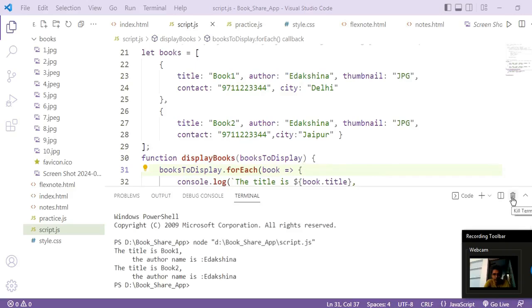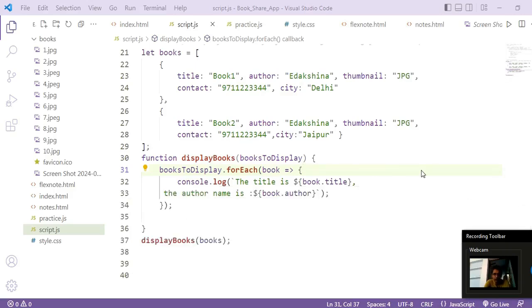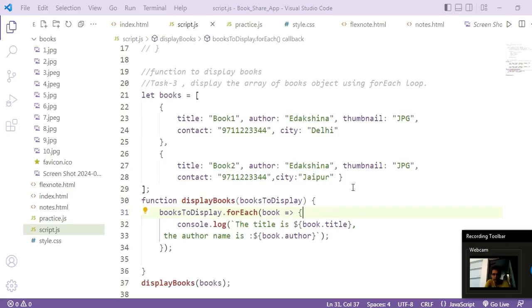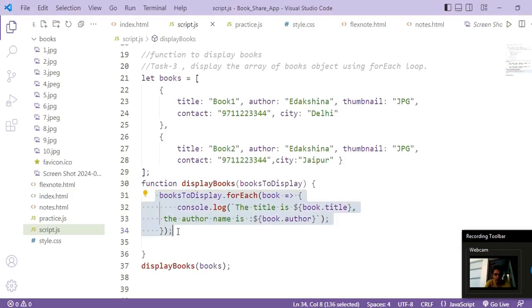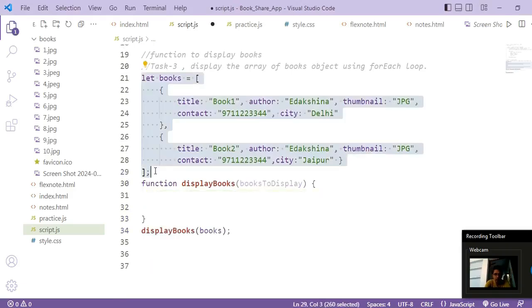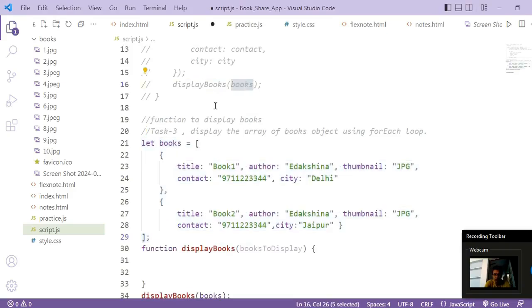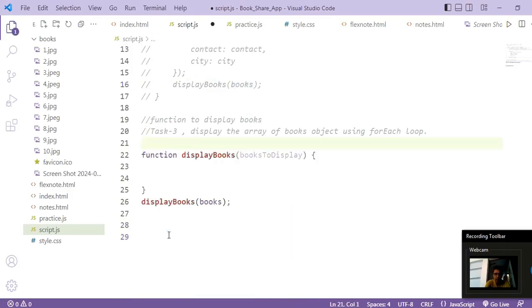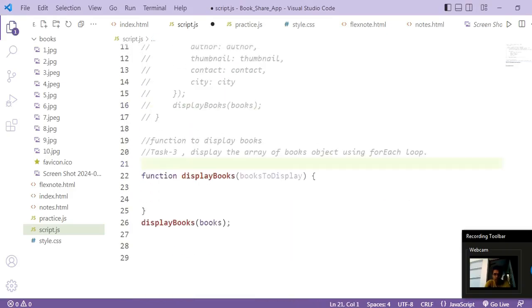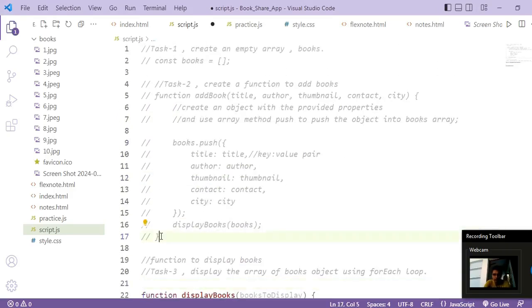So same logic हम लोग अपने project में अब use करने वाले हैं. So यहाँ पे तो मैंने array of object को hard code किया, जैसे आपको थोड़ा सा idea हो जाए what we are going to do next. So we don't need all this because we are getting our array of object from here. So remove all this and let us write our function displayBook, and uncomment this.